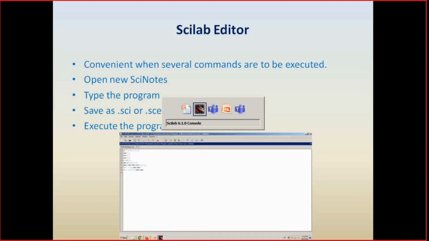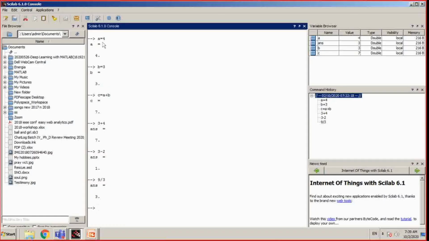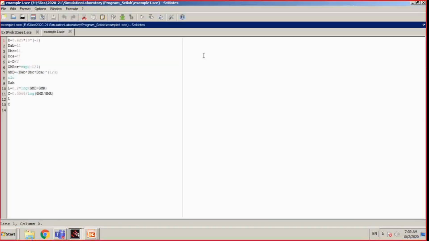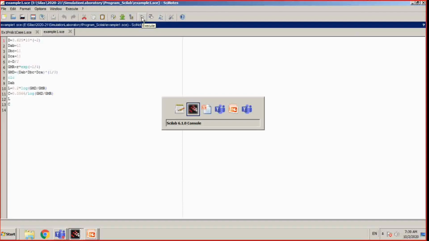Now when you look into this, here by clicking launch Scilab, you will be able to create a new Scilab note in which you can type the commands. After typing the commands or programs you want to execute, you just execute it, so that the values or outputs of the program will be available over the console.